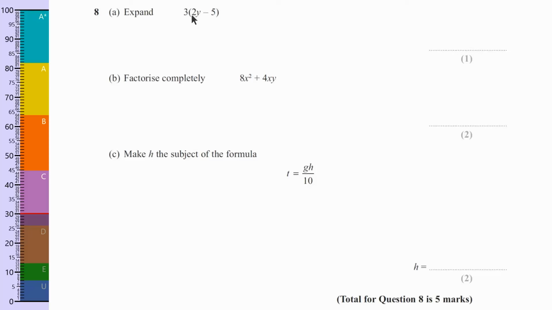So when it says expand, it means multiply out the brackets. I do smiles and rainbows, but loads of teachers teach different ways. And so here I need to do 3 times 2y. So I'm going to start off doing 3 times 2, which is 6. Now that y isn't multiplying with anything, so I just need to put that at the end there, so it's 6y. Now when I multiply the 3 by the 5,